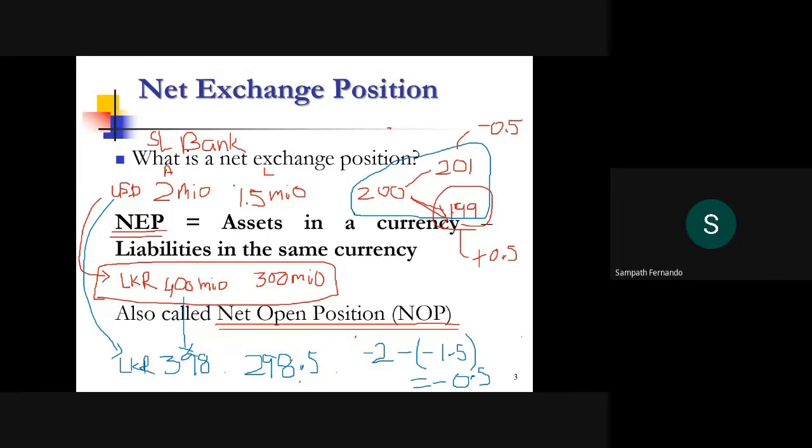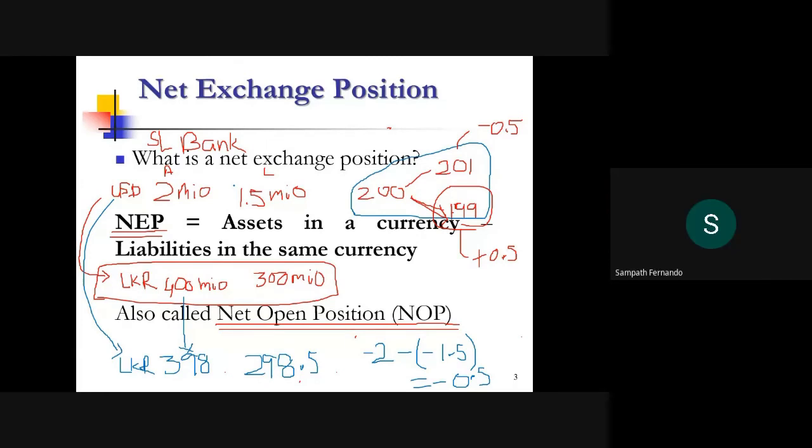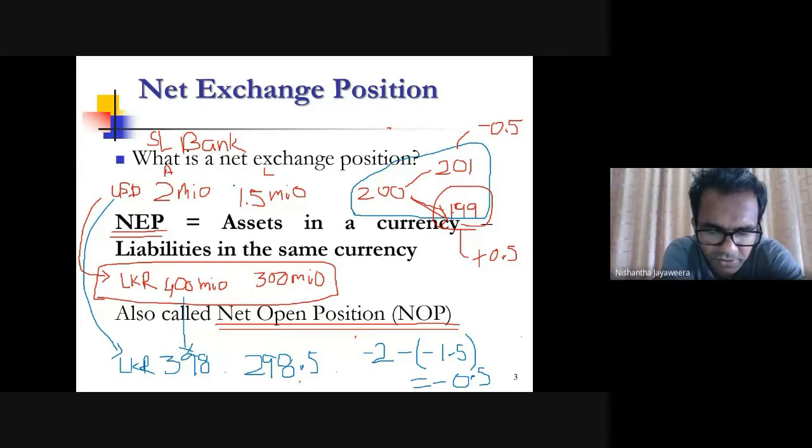Sir, for the PVP mechanism, is there a separate system available? Yes, there is CLS. You have to go through that. Then all parties have to agree to go through that. Is it available for Sri Lankan banks also? No. CLS is not available in Sri Lanka, but we are going to move into a CCP,